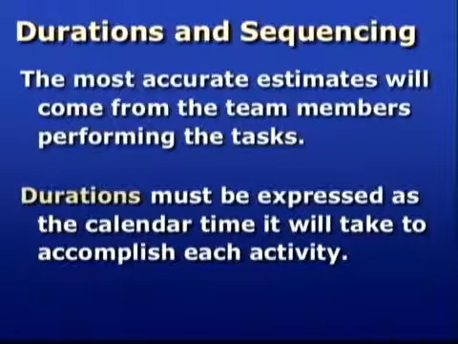Duration must be expressed in calendar time, meaning how many actual days or hours will be needed. If everyone involved on the project doesn't understand that, it can cause real schedule nightmares. For example, if I ask someone, how long is that going to take, and they tell me it will take 40 hours, I must verify they mean that the task can be completed within 1 calendar week. Now, they may have meant that the task will take a total of 40 hours to complete, but those hours will be spent over several weeks due to their other obligations. Clearly, this kind of miscommunication could have disastrous consequences to the project schedule. Be very specific when communicating with team members.